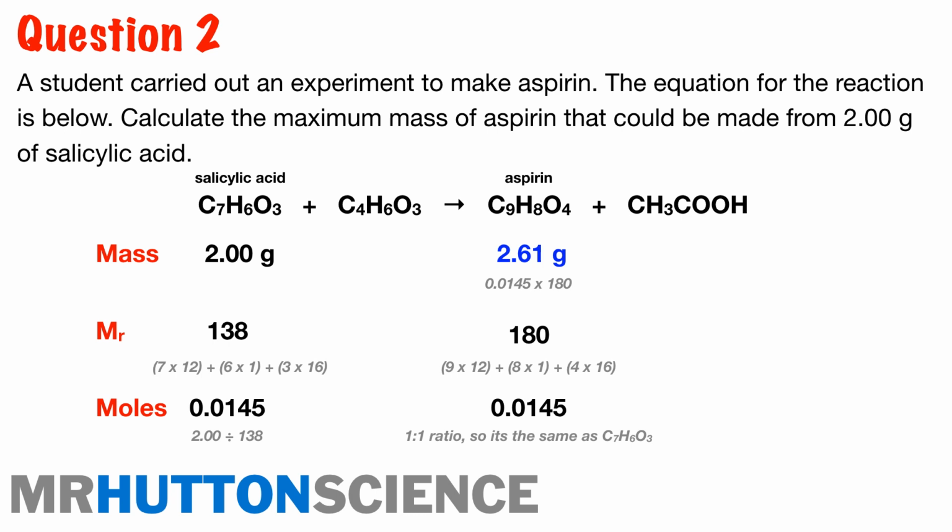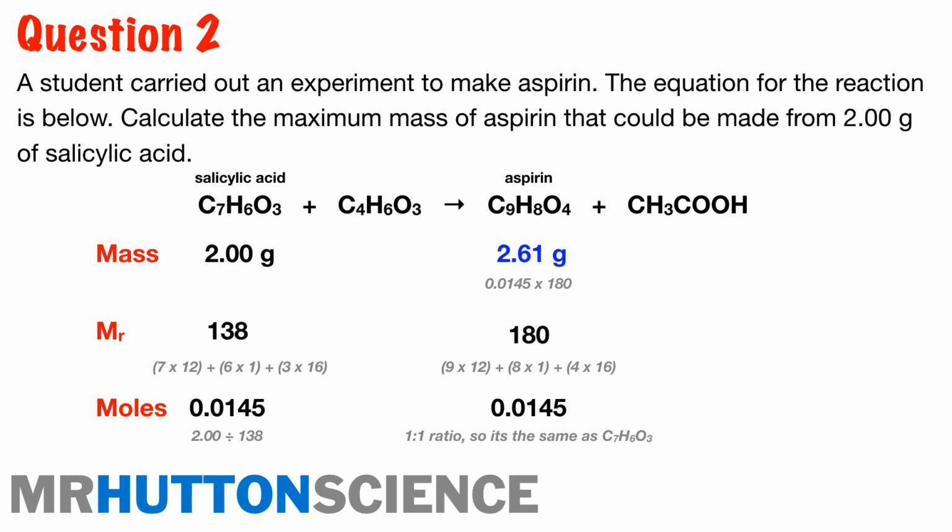So we've added in there 2 grams for the salicylic acid, and then you can see we've calculated the MR of our salicylic acid and aspirin. If you're unsure how we got those numbers, in the grey below is a description of how we've used the relative atomic masses from the periodic table to calculate the MR of each of those species. So now we're on to step 5, where we can calculate the moles of one of our species. So we can calculate the moles of the salicylic acid. We've done 2 divided by 138 to give us